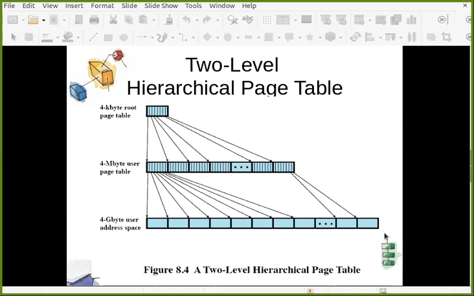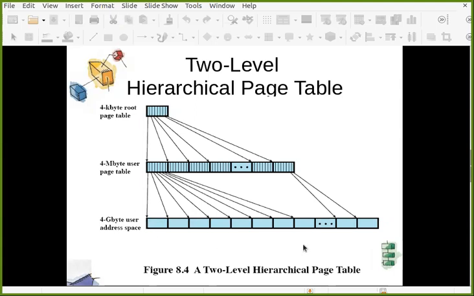It is the virtual address space for your process, the whole memory required by that process, not what it requires at a time. So your process virtual address space is 4 gigabyte. Now this 4 GB is divided into pages of size 4 KB.